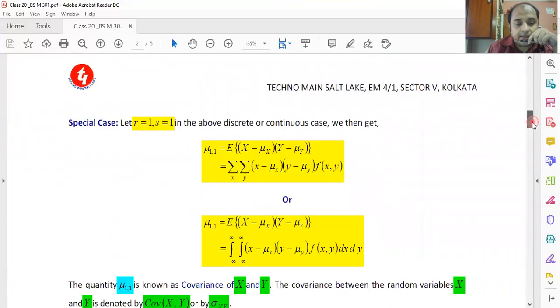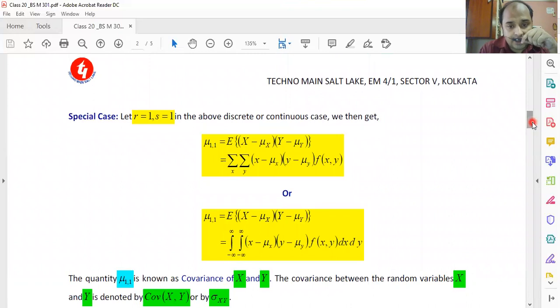We shall now discuss a special case of the definitions which have been stated above. The special case is, let us consider the product moment about mean first, and let us put r equal to 1 and s equal to 1 in the expression. Now, if r equal to 1 and s equal to 1, in place of mu r s we will write mu 1 comma 1, and capital X minus mu x raised to the power r and capital Y minus mu y raised to the power s